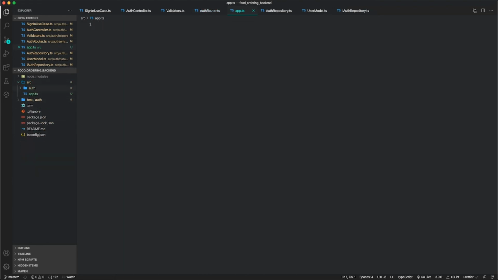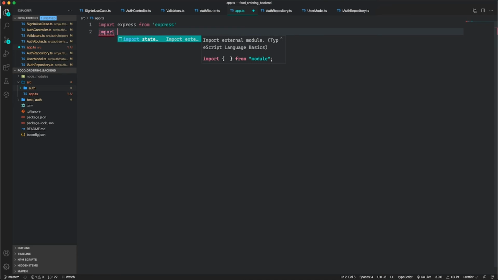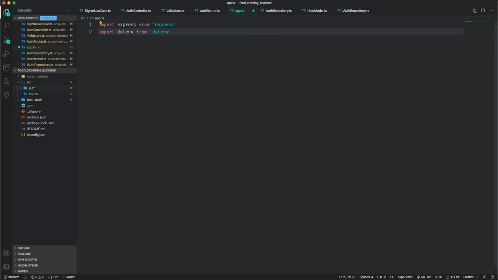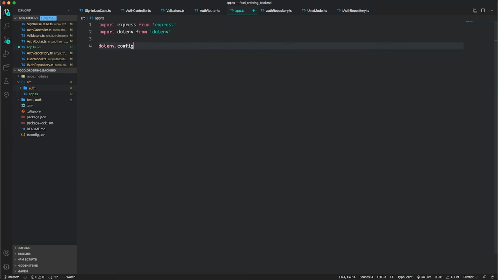And inside my app.ts file, this is where I'm going to configure my Express server. So I'll import Express from Express. I'll also use .env to configure my local env variables. The first thing is call .env config,